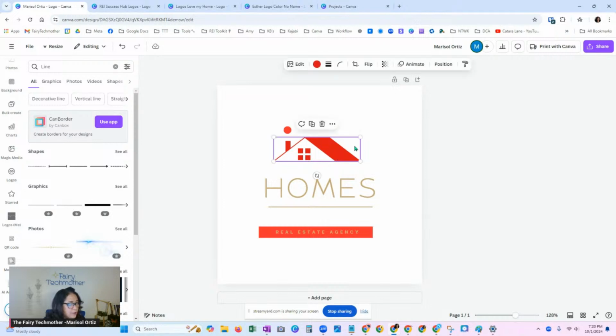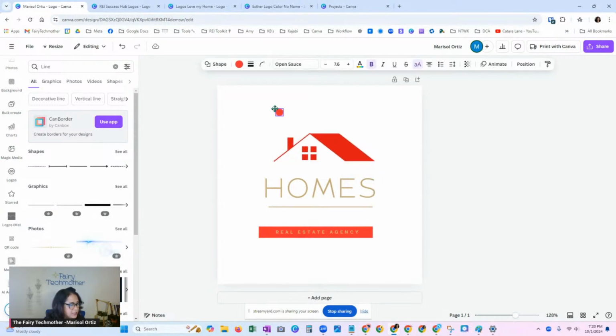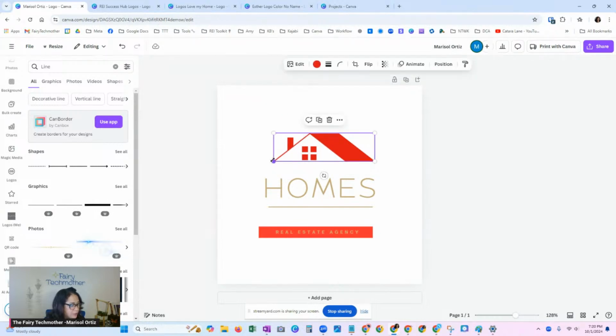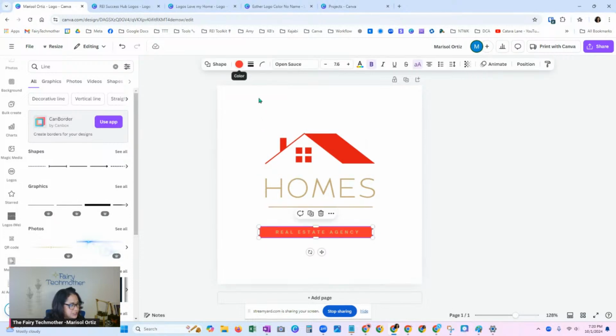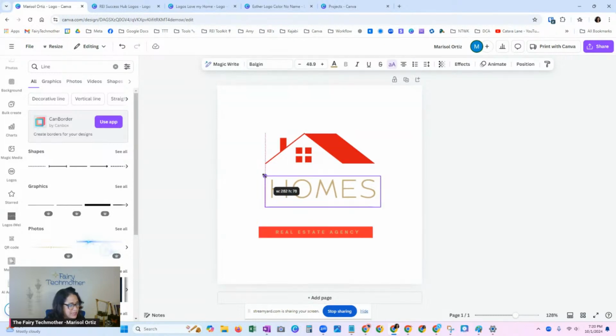A good rule of thumb for a logo is if it looks good on a black background or a white background, that's a very good sign. You want to be able to ask, will this look good on a t-shirt? I'm just changing this red and manipulating things while I talk so you can see what you could do. And I'm lining it up. You want everything to line up. So I'm closing this and I'm grabbing, dragging and dropping.